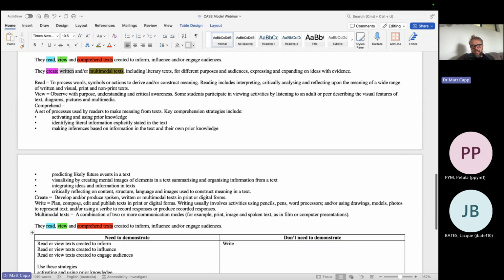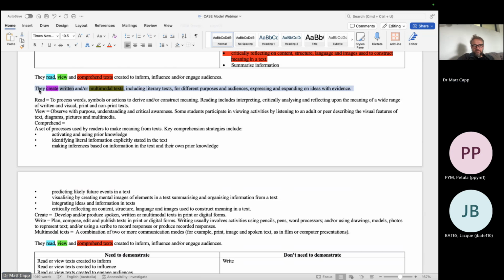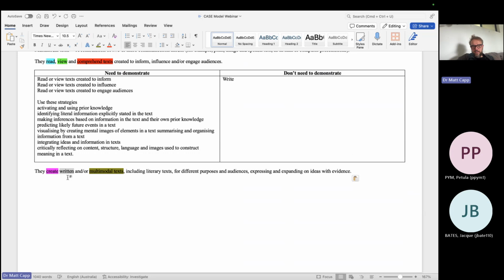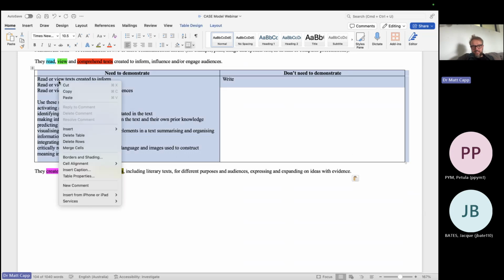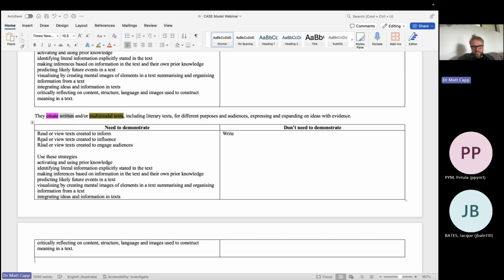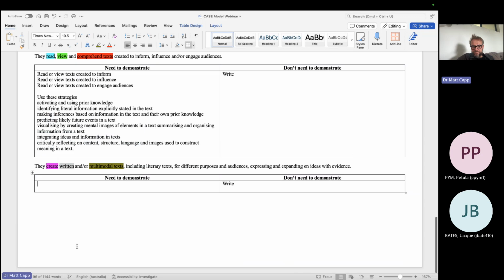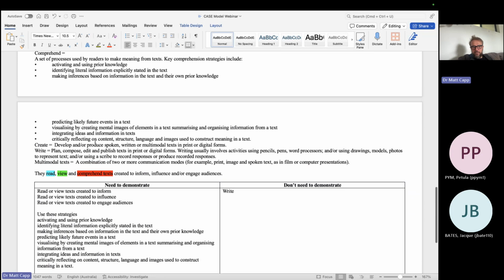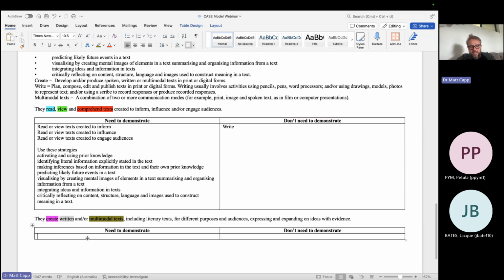It might be a bit easier to understand if we look at this one. So let's have a look here. So students create written and or multimodal text, including literary text. Let me just get rid of this stuff here so we can use this table again. So they create written or multimodal text, including literary text for different purposes and audiences, expressing and expanding on ideas with evidence. So let's have a look. Let's go to the definition of create, develop, and or produce something. So they have to develop